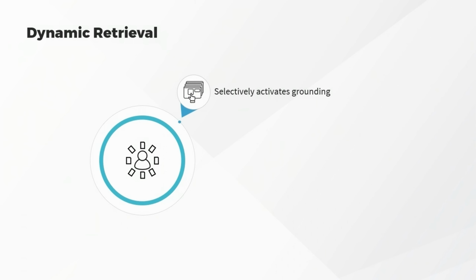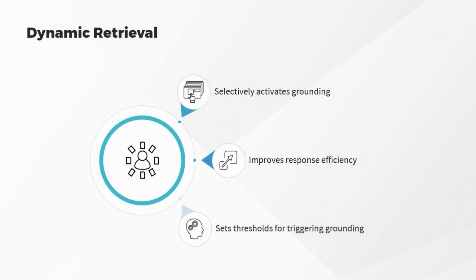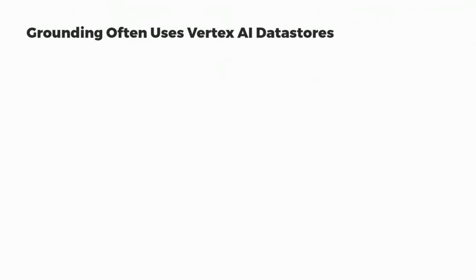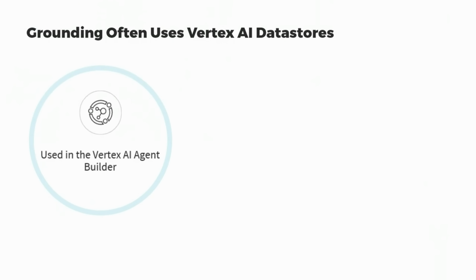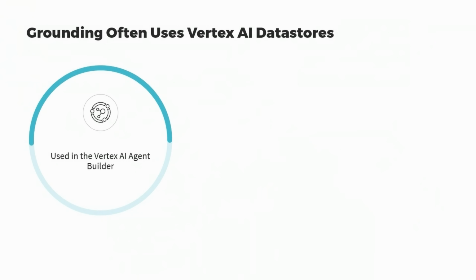By dynamically deciding when to perform grounding, the system balances response quality with operational efficiency, reducing unnecessary data retrieval and the associated costs. Developers can set thresholds that determine the conditions under which dynamic retrieval activates, tailoring the system's behavior to specific application requirements. When you ground to your proprietary organization data, you'll make use of Vertex AI data stores,